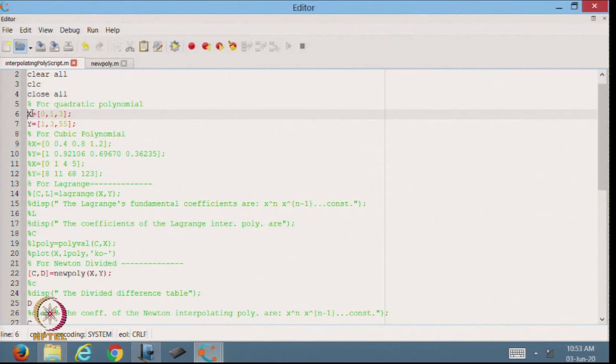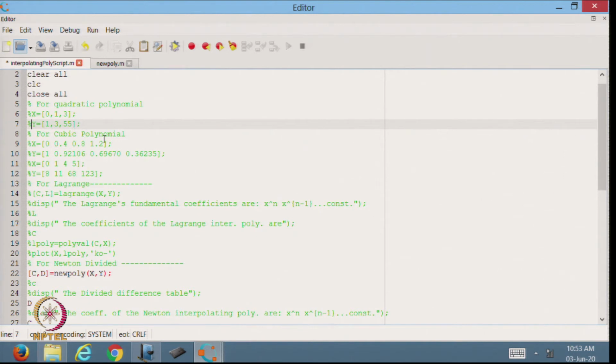So, let us take another data, a little bit bigger one. Now, what I do is I will try to take the bigger one. This is my x and this is my y, and let us run this one.